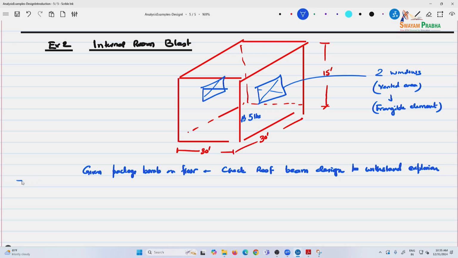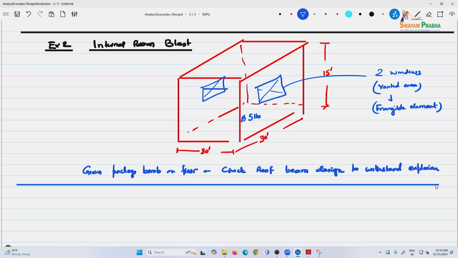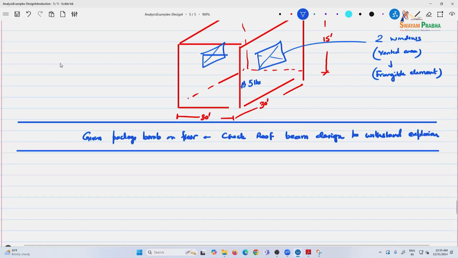I'll give you the details of the roof beam. So this is the question, and the roof beam is